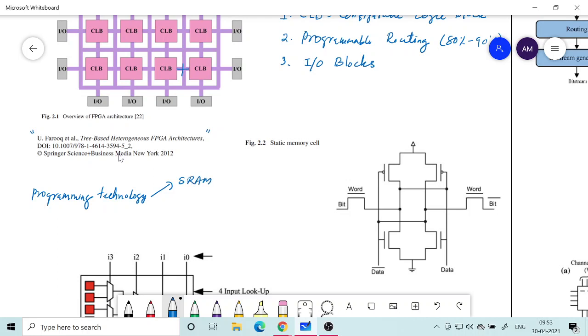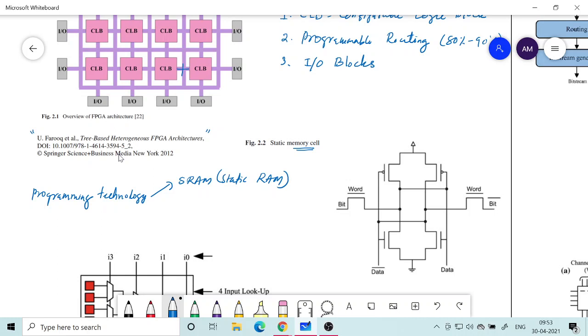We have studied this, I think, in our digital electronics class, but I have the circuit here. Okay, so this is SRAM, or static random access memory. I hope you know, it's basically a volatile memory. Only when the power is on will it hold the data, 0 or 1. A single SRAM cell is shown here. So it can hold either 1 or 0, and only when it is connected to the power supply.